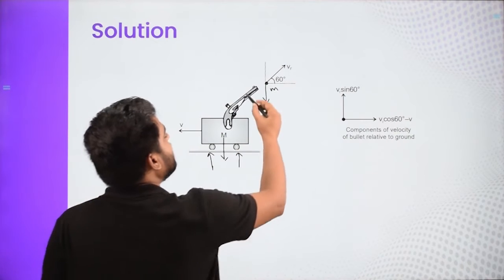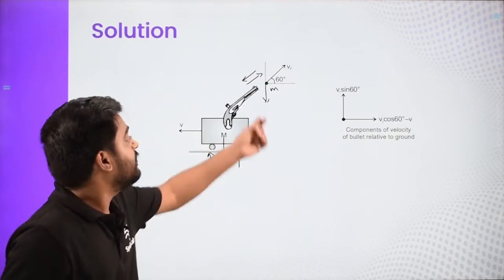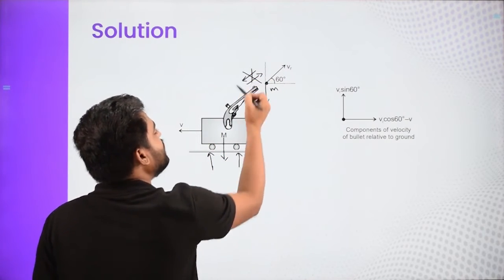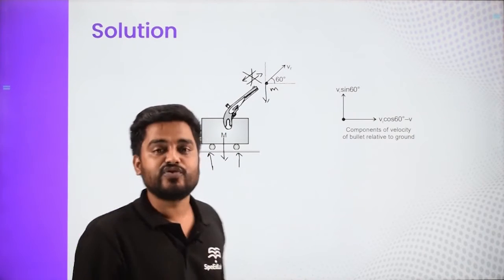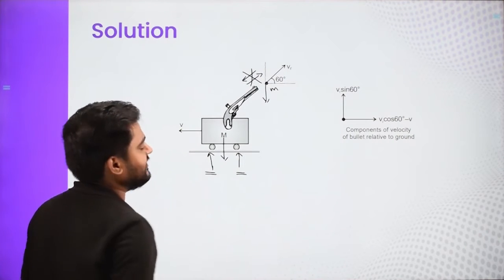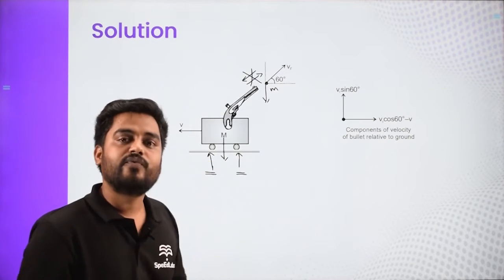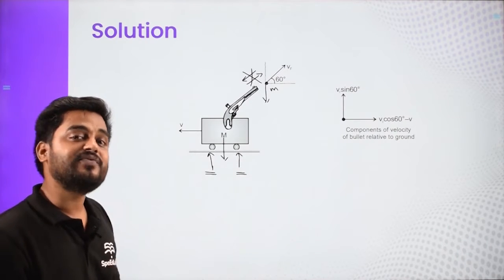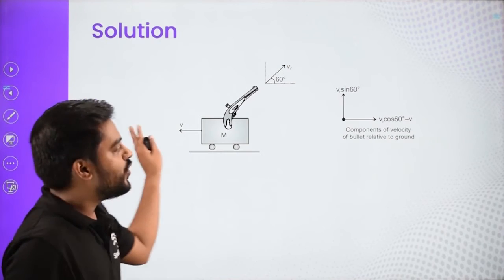And apart from that, the force applied by the gun on the bullet and the force applied by the bullet on the gun are action-reaction forces. So they will anyway be equal to each other and opposite in direction, so they will cancel out each other, and all other forces are vertical. Even if there is a normal force acting, normal is always vertical. So we will say that there is no net horizontal force, so momentum will be conserved in the horizontal direction. Let us conserve the momentum in the horizontal direction.